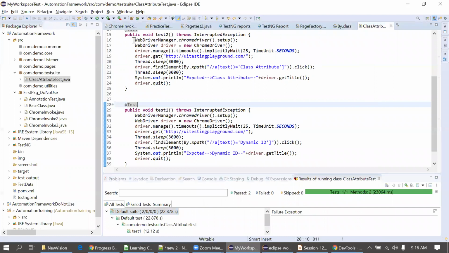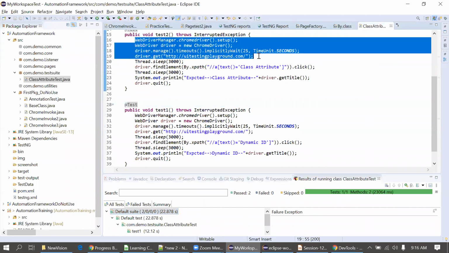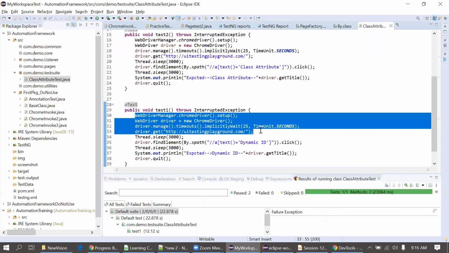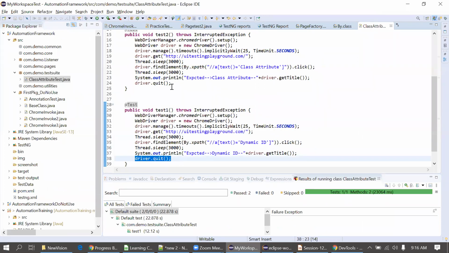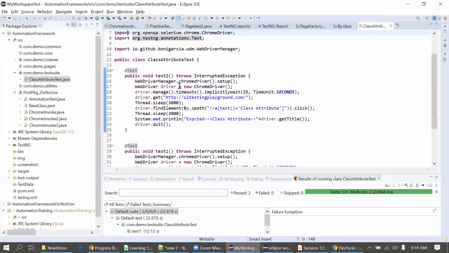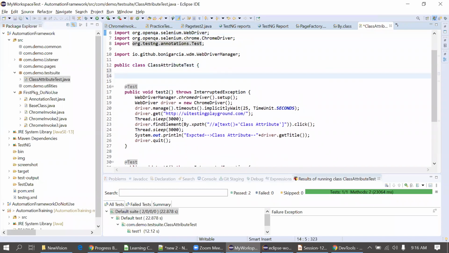Now you can see this is duplicate code actually. The first 4 lines from test 2 and the first 4 lines from test 1 are common to both test cases. Again, line number 38, driver.quit in the first test case, is common in the second test case too. So I will cut that and paste it into a different method. I'll put it as the pre-step.